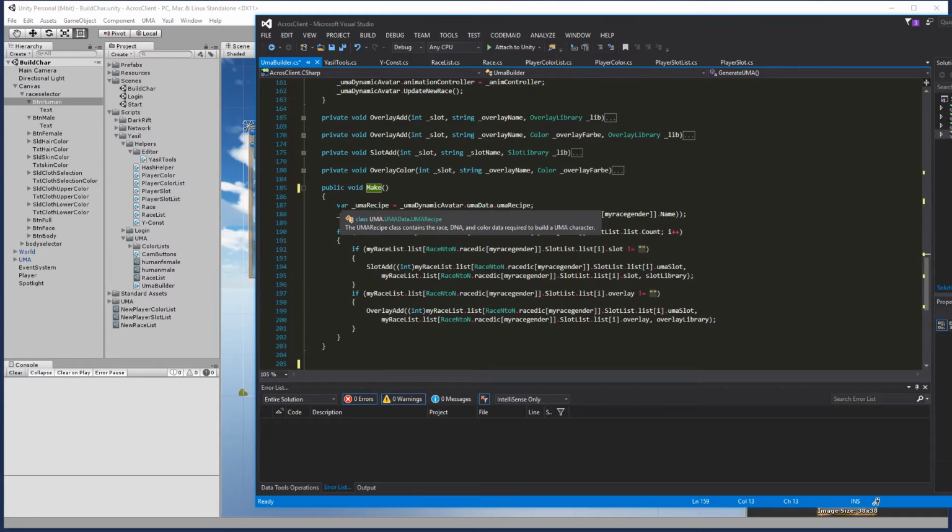So first of all, we have the old part we already know. We have the var UMA receive, and we got a new UMA receive, and then we set the race. And in the race we are looking for the human female or human male character. Since we got a reference to that in our list, we can go and see if it's